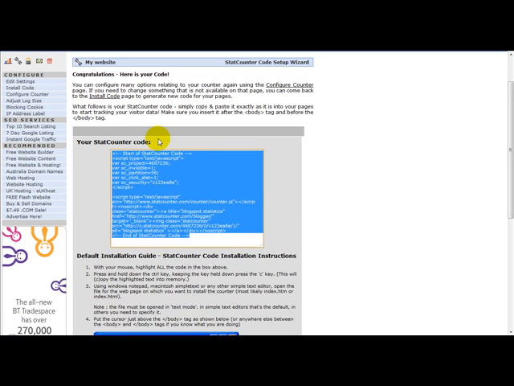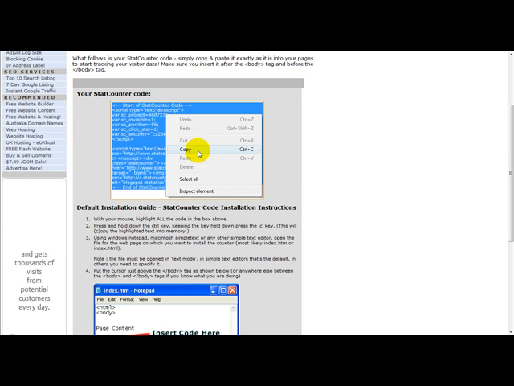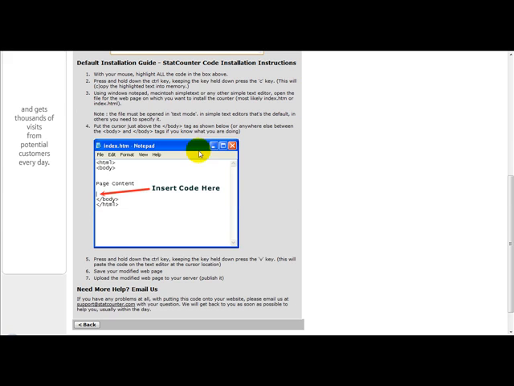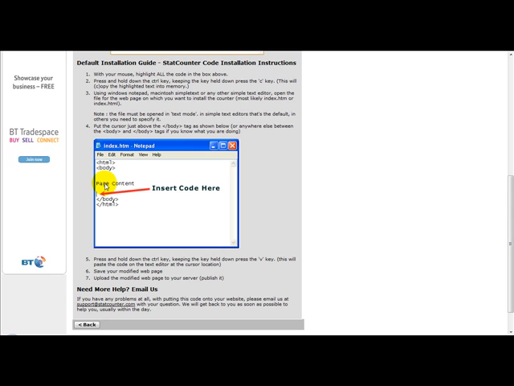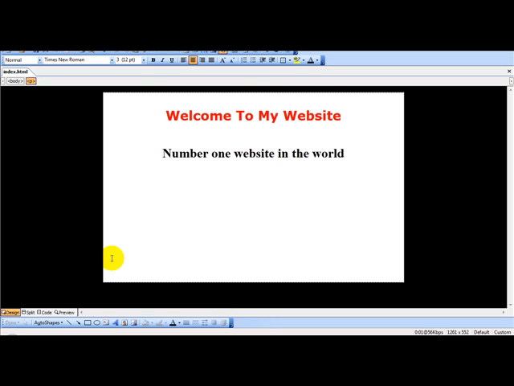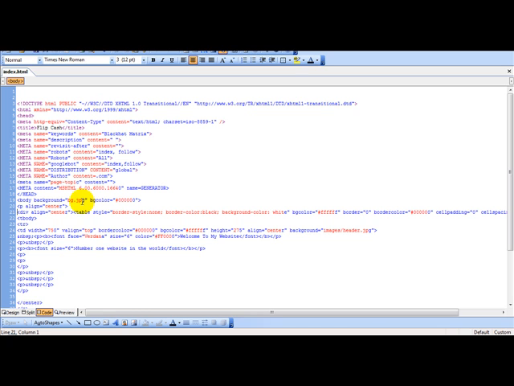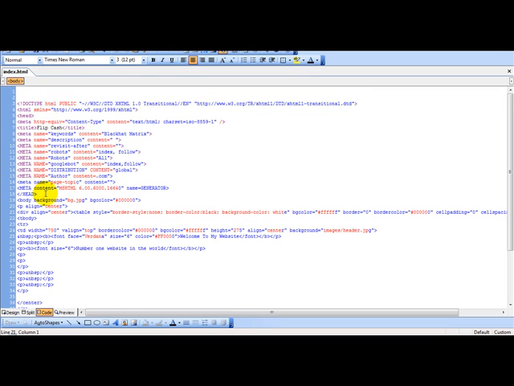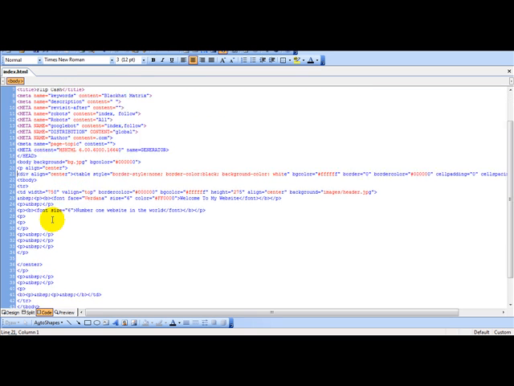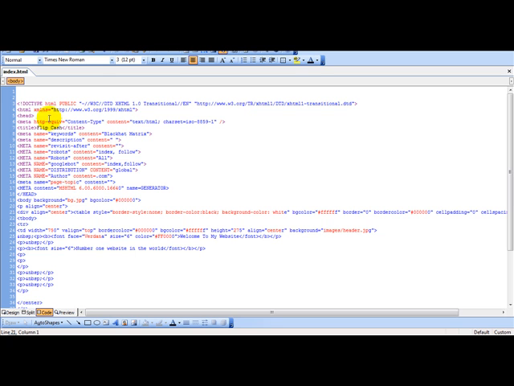So what you need to do is select your code, copy, and paste that between the body of your web page. So we head over to our web page. On the code tag, we just click after the body tag. So that will be